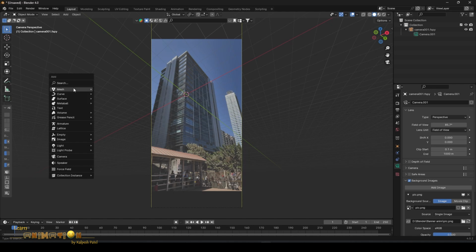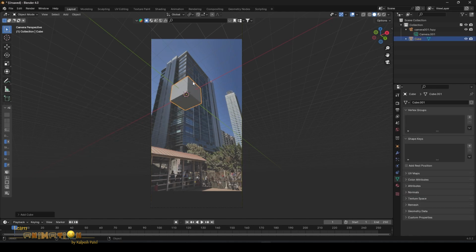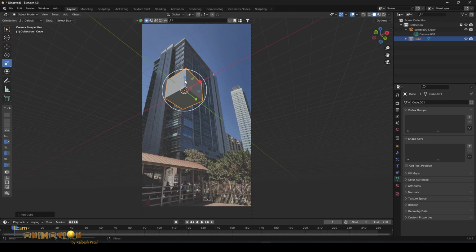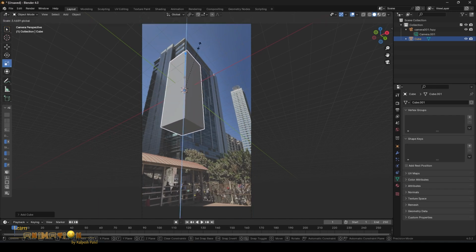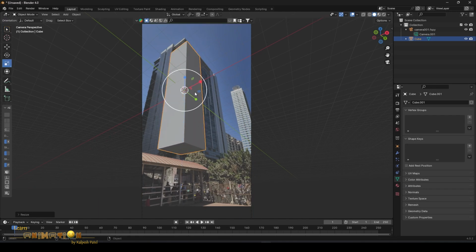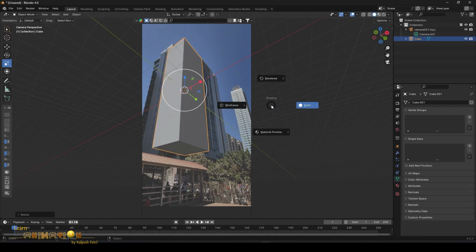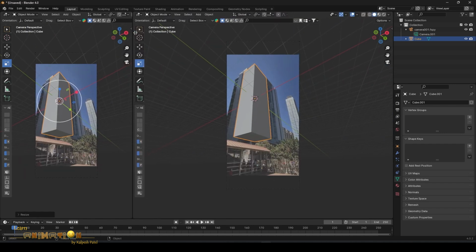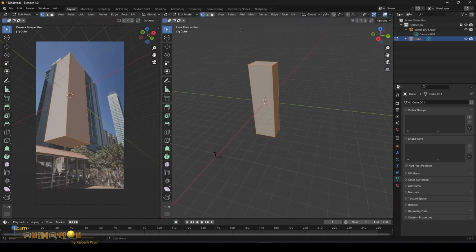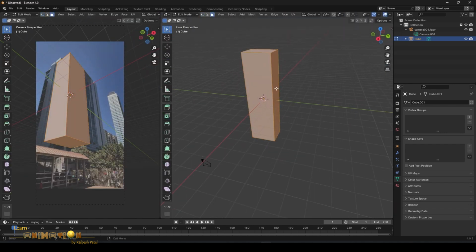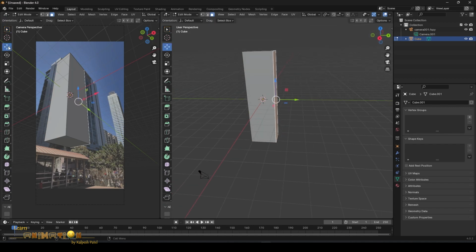Now you can create the cube. So our cube will come exactly like the building. Just scale the cube and match the exact axis of the building. For that, split the view, go to edit mode, select this face, and scale it.